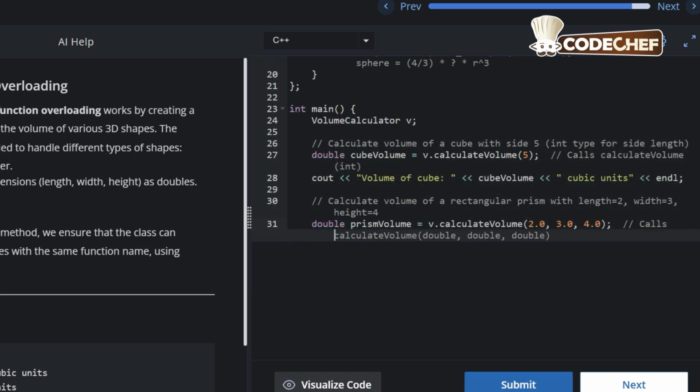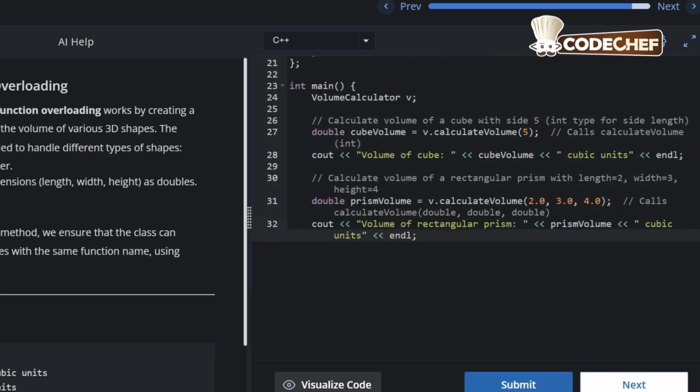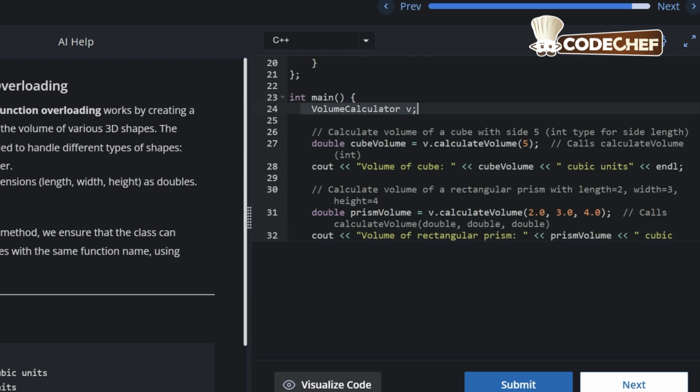Then int main(), curly brace begin for main. Now VolumeCalculator v;. So here we have created an object of the class VolumeCalculator. Then double cubeVolume is equal to v.calculateVolume and then we have passed the value of the parameter which is 5; cout in double inverted commas "Volume of cube:", then the value of variable cubeVolume will be printed, which is basically the output of this function call. And then in double inverted commas "cubic units", endl;